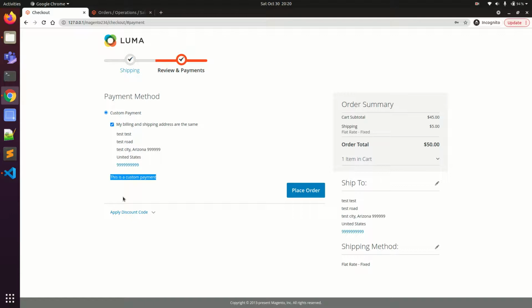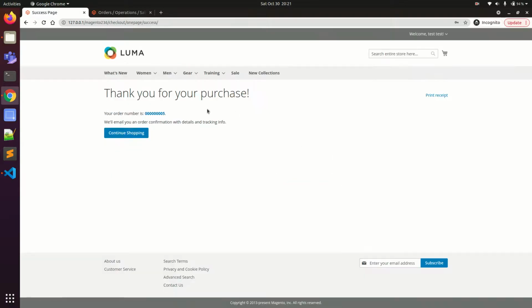So basically this is a payment method which works as an offline payment mode, same as in the case of cash on delivery, because the features and the way it has been developed are similar to the cash on delivery module that we have in Magento. If you click on this custom payment, currently I've just enabled this one, that's why you are seeing this custom payment mode. Once you select it and click on place order, the order will be placed.